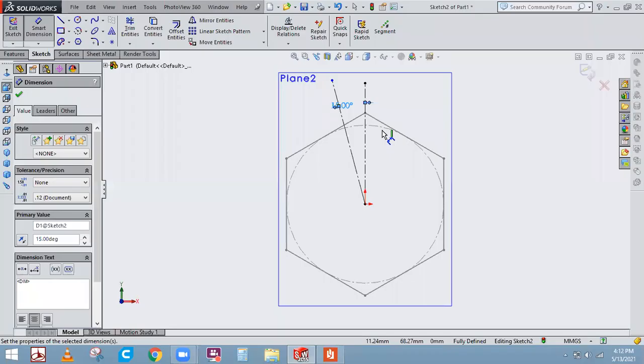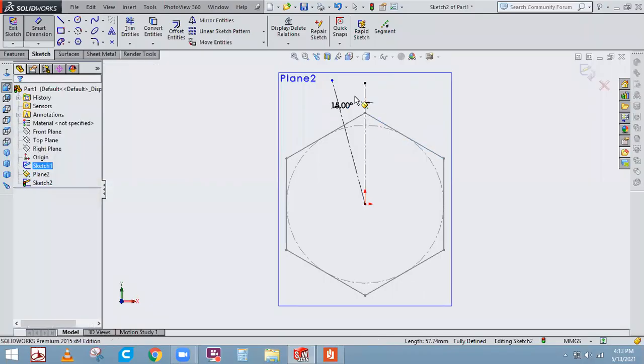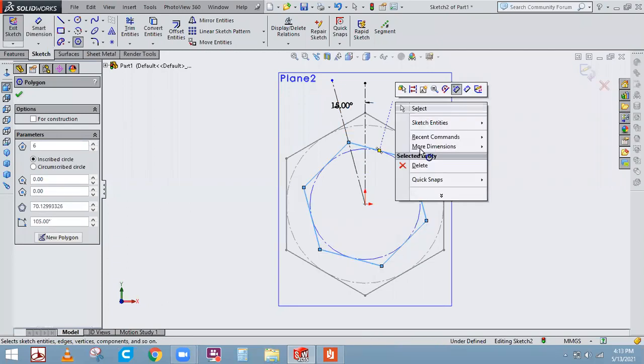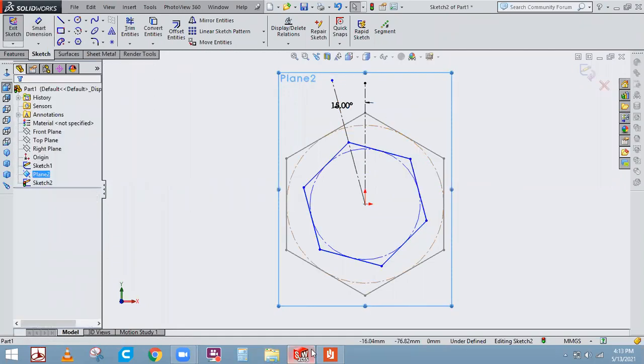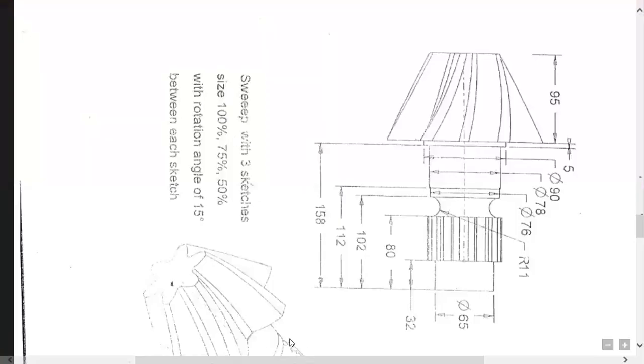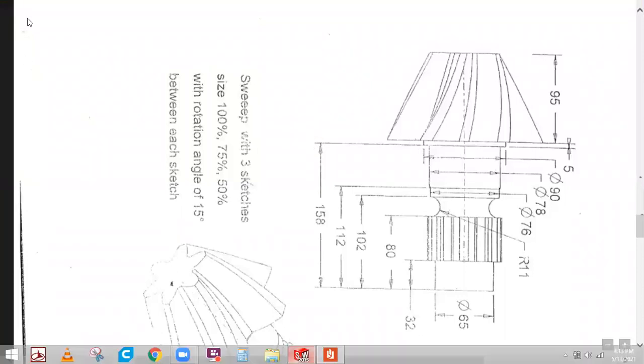So this was the first sketch, say, at 0 degree. So now I've tilted to 15 degrees. Now we'll take this and I'll create it upon this line. And now what I'll do is I have to reduce the dimensions. See, he has given it: sweep 3 sketches with the size 100%. The 100% sketch what we have taken it as 100 now. Now I have to reduce it.